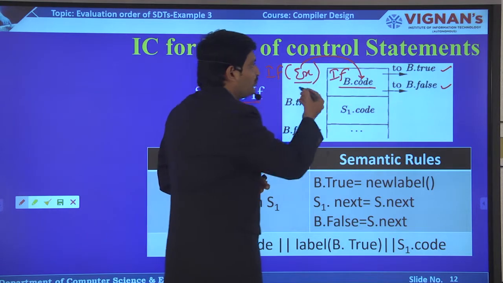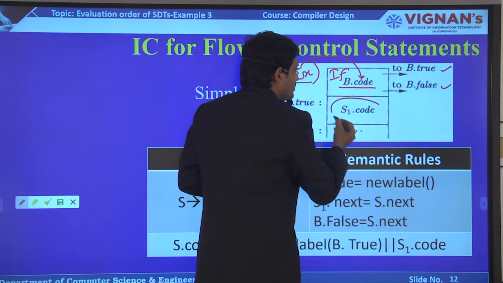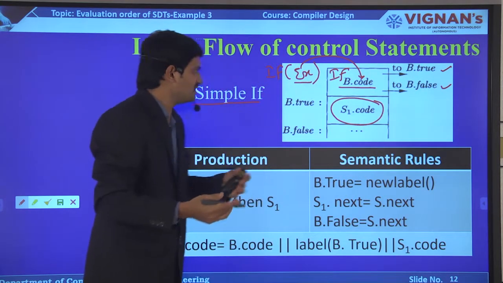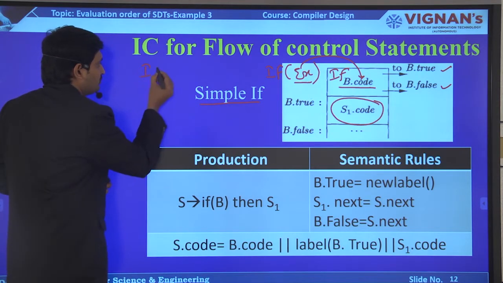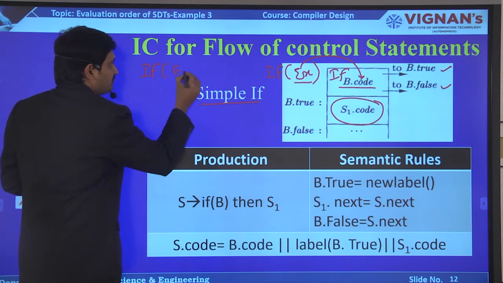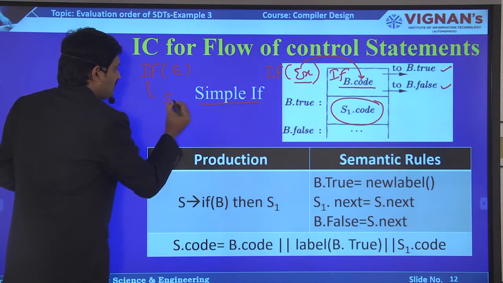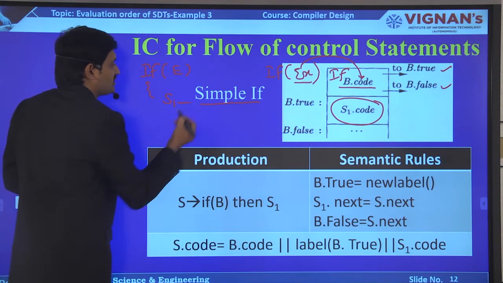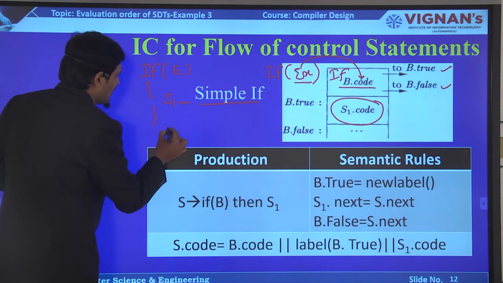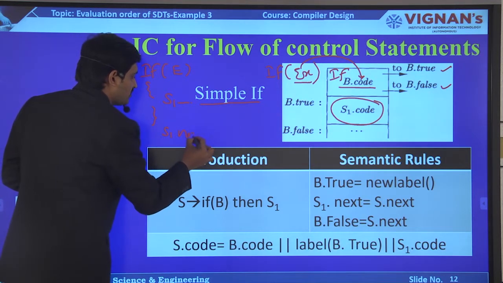So when b is true, I am going to execute this S1 code. S1 means statements. After this, I have S1 next statements.